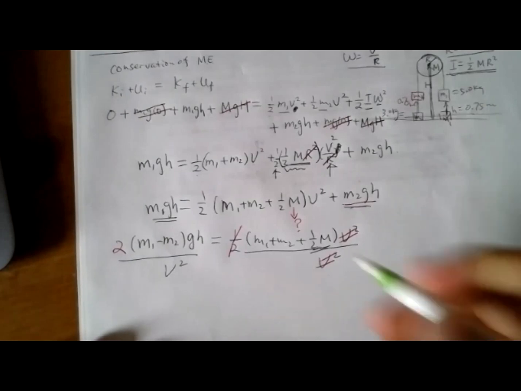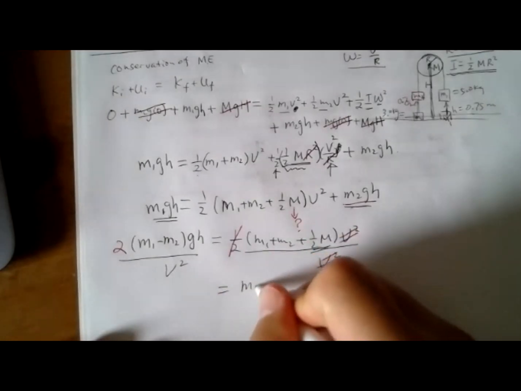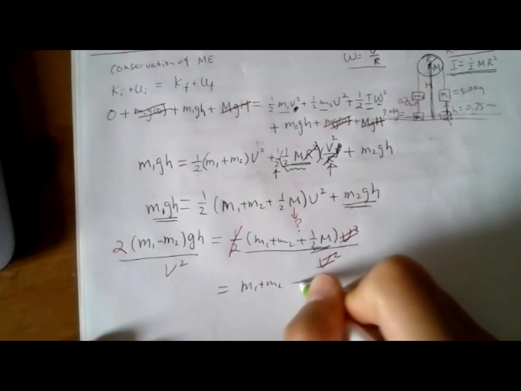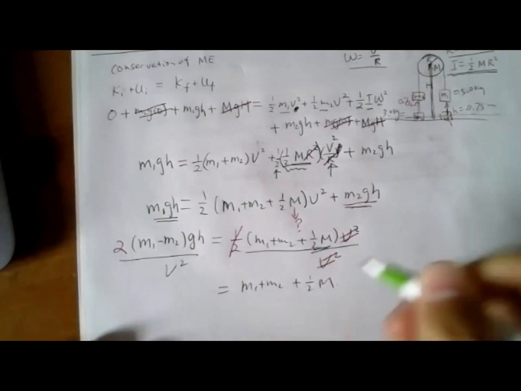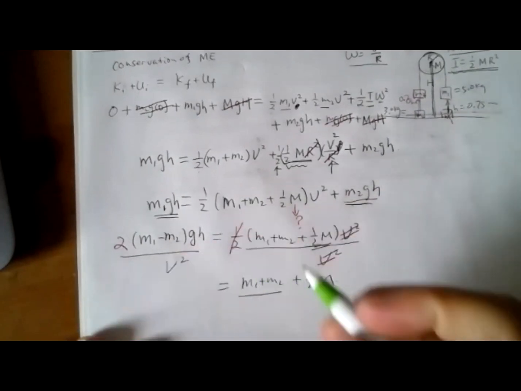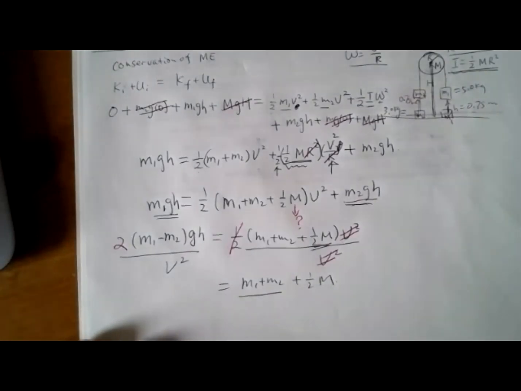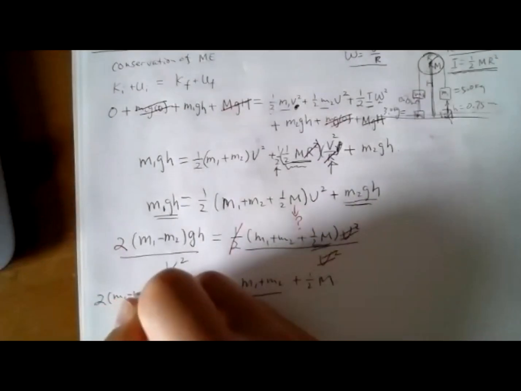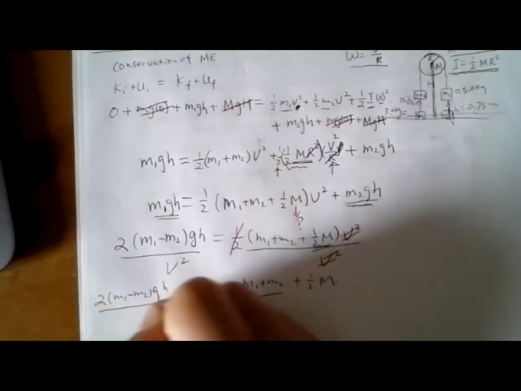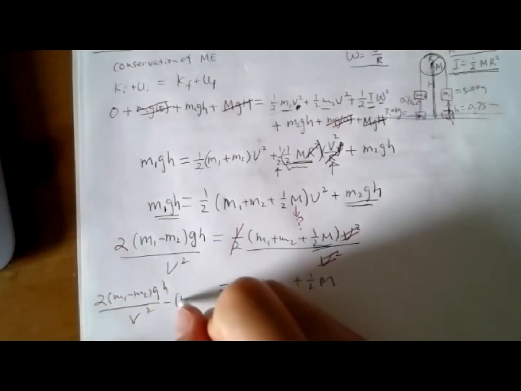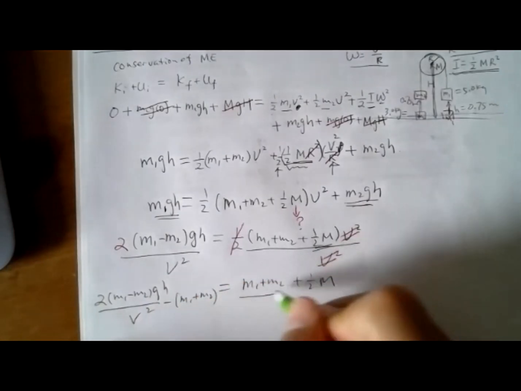On the right hand side you have m1 plus m2 plus 1/2 capital M. You are looking for capital M, so you move this to the other side of the equation. Then that tells you 2(m1 minus m2)gh over v square minus (m1 plus m2),